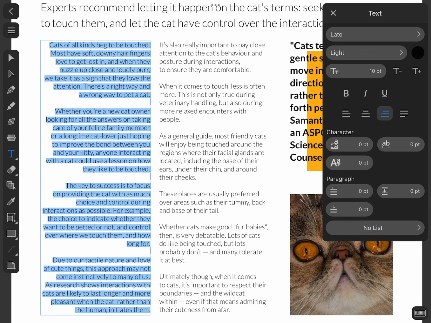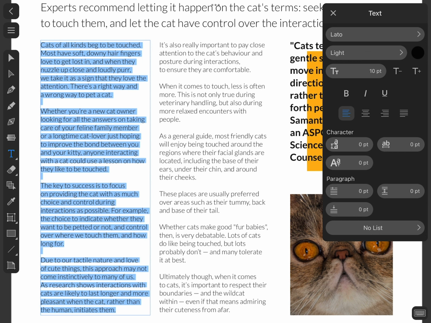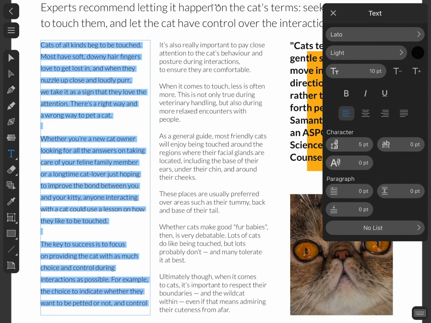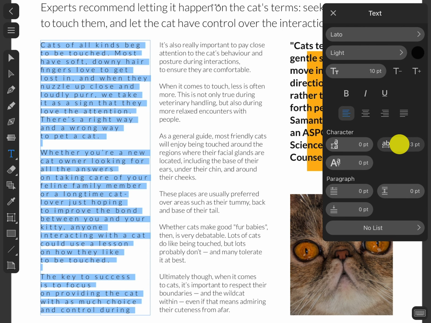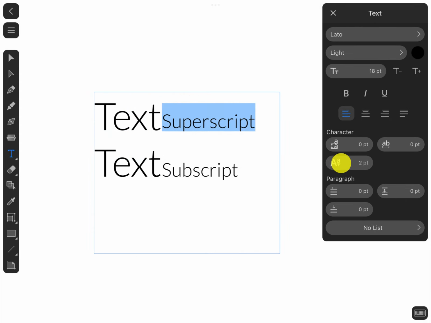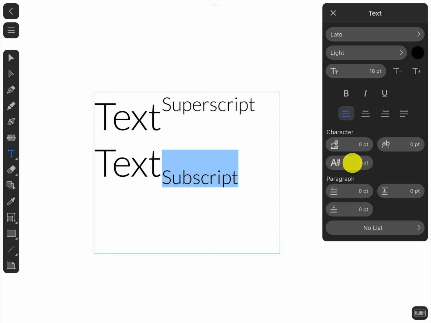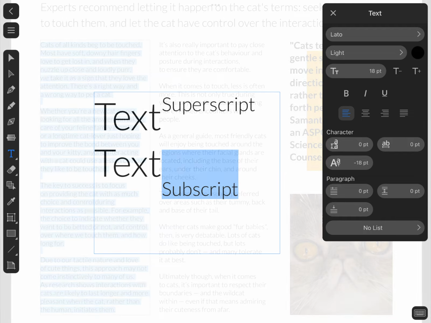This set of buttons is used to align or justify text. This parameter is responsible for the distance between lines. Then there is the distance between letters. Some may also know it as kerning. The next control changes the baseline. It is used to create a superscript number to refer to a footnote.